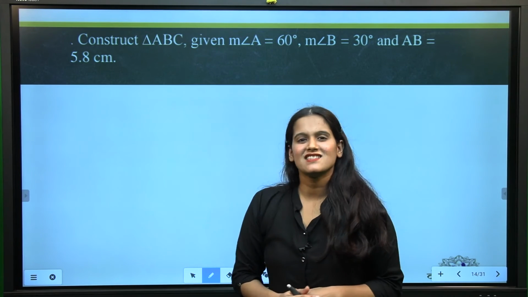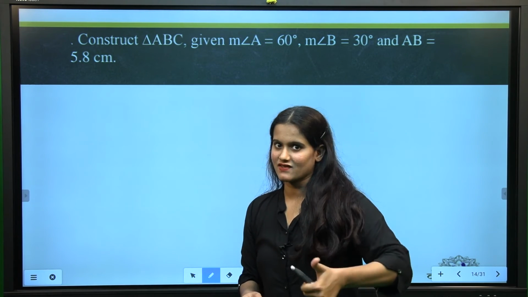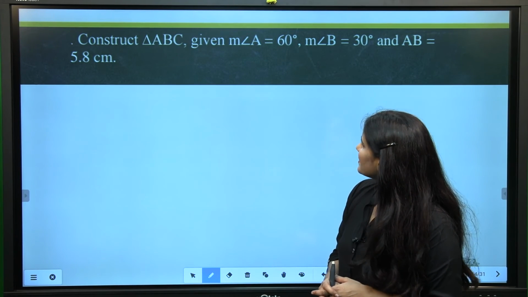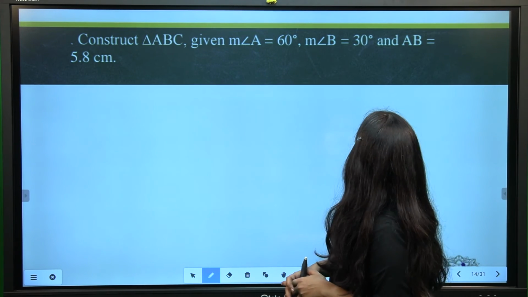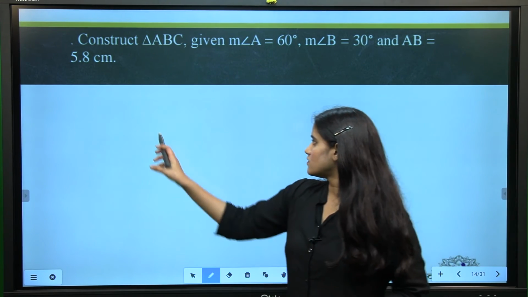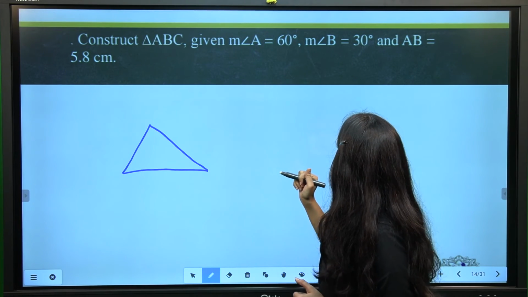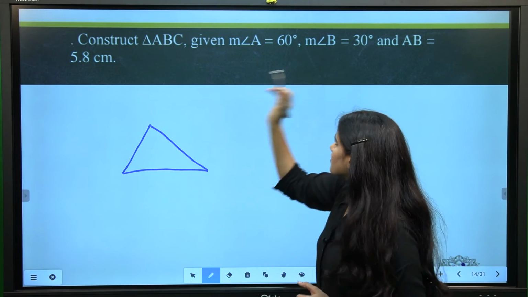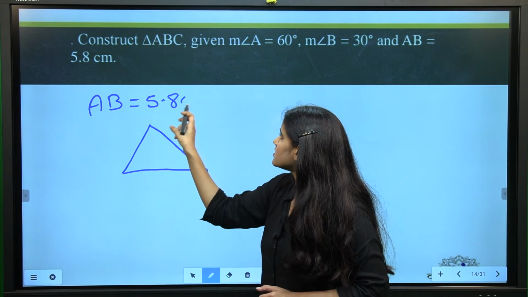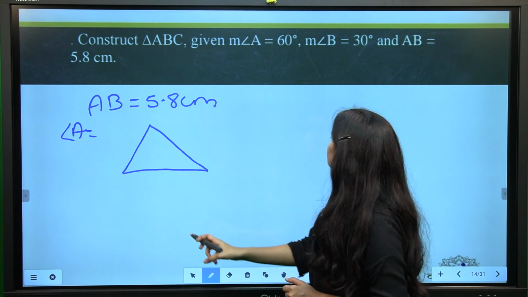Okay, ASA criteria. Not triple A, it is ASA criteria, when two angles and one side are given. Construct triangle ABC given angle A is 60 degree, angle B is 30 degree and AB is 5.8 centimeter. Okay, so if I draw the rough diagram, what they are saying, AB is right here, AB is 5.8 centimeter, and then angle A measurement is 60 degree,